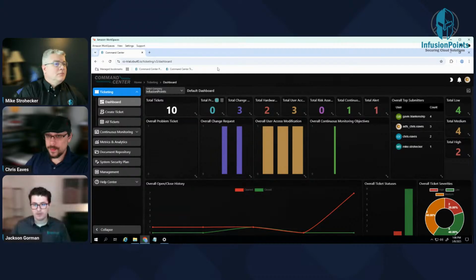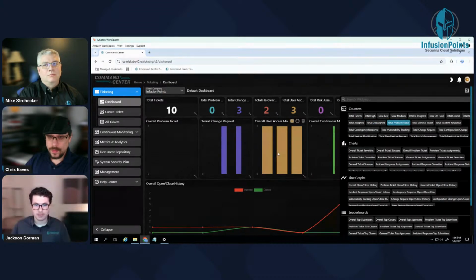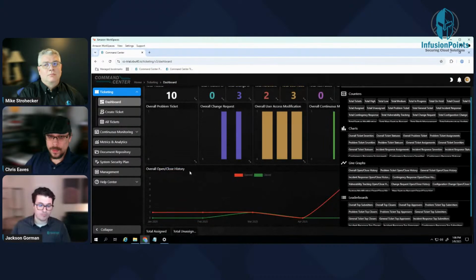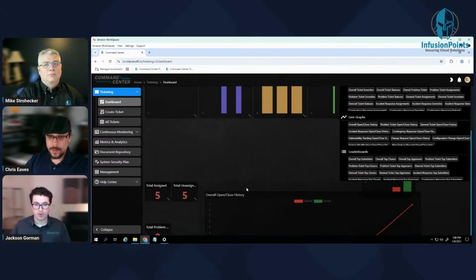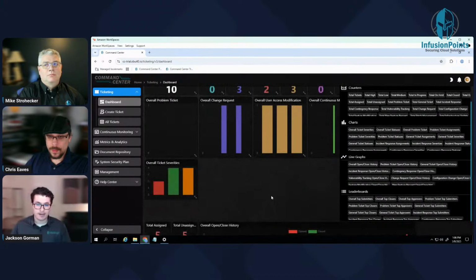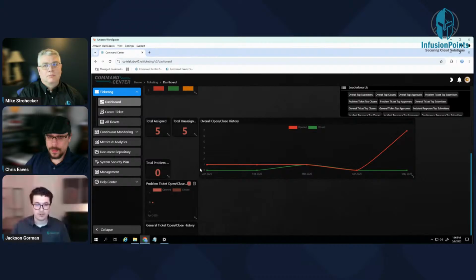So here we have a modular dashboard, which gives you the opportunity to customize what you're trying to see, the key indicators for your particular system: live ticket counts, assignment status, so you can see what's worked, what's not being worked, criticality indicators, as well as a visual breakdown by type and status. A lot of this can be changed to your desire as well as your team's needs based